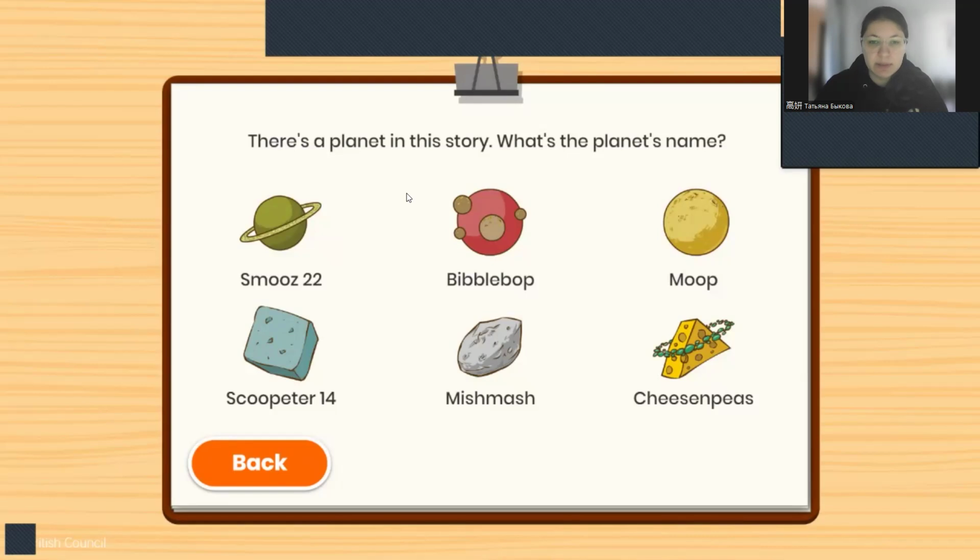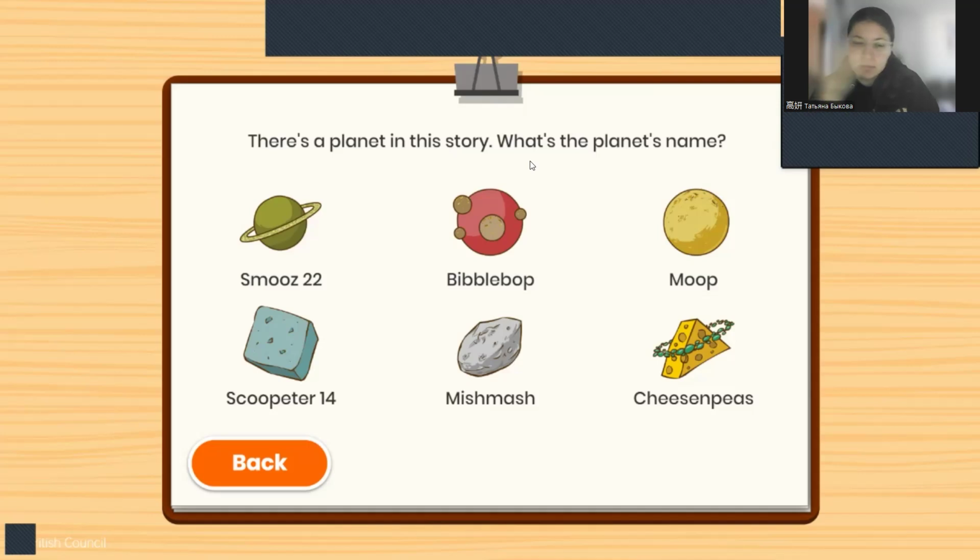But each element has its own question and options that you can choose. There is a planet in this story. I choose sci-fi because it's my favorite one. But now, every one of you will give me your answer, which part you want to choose. For this question, what's the planet's name?